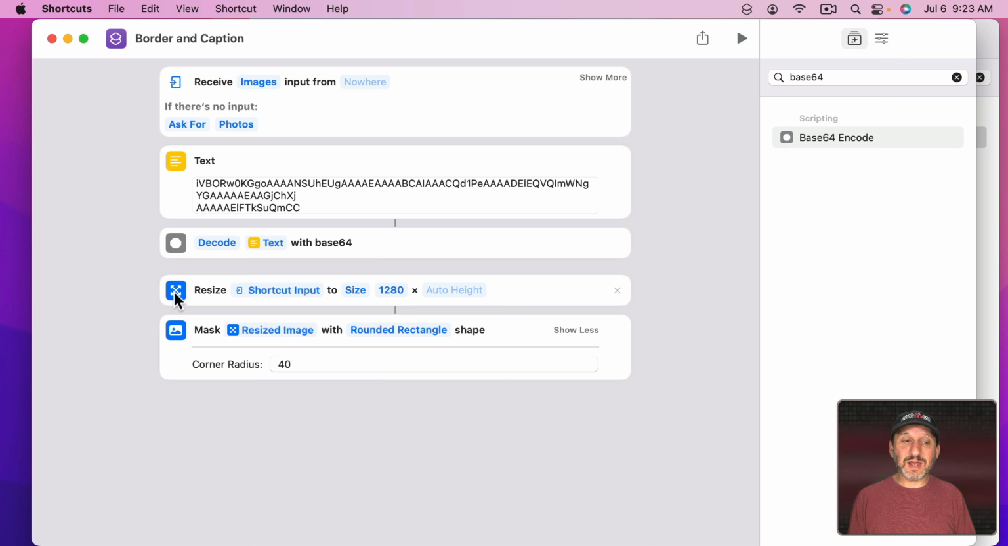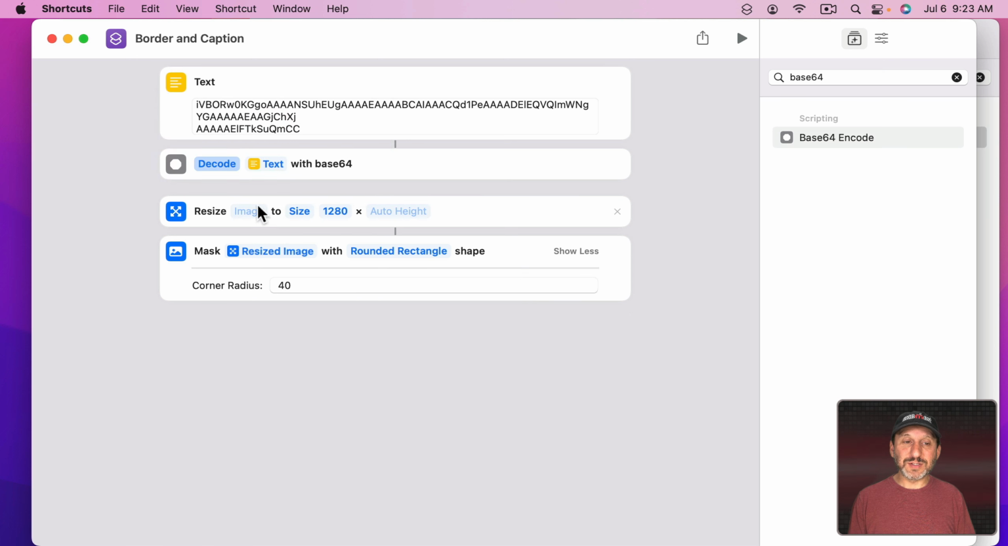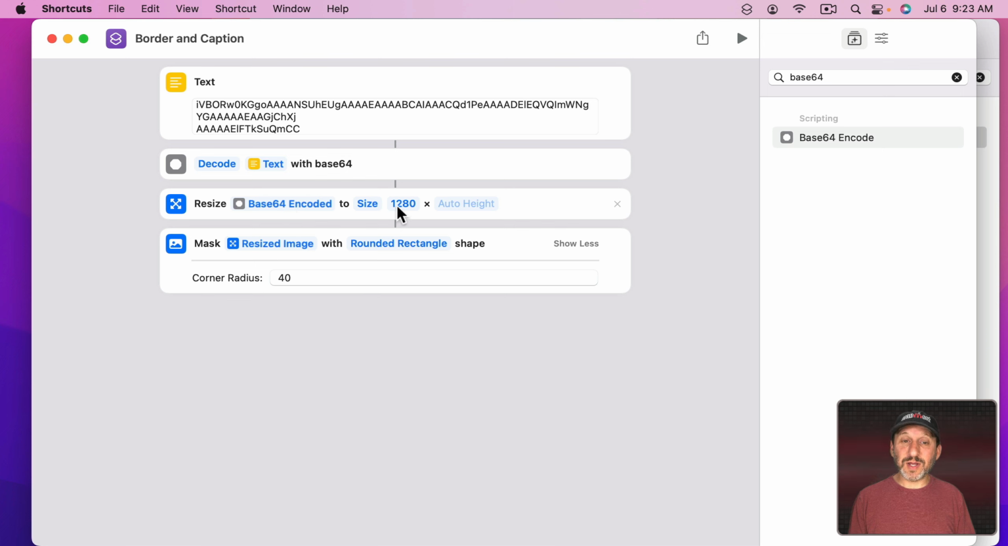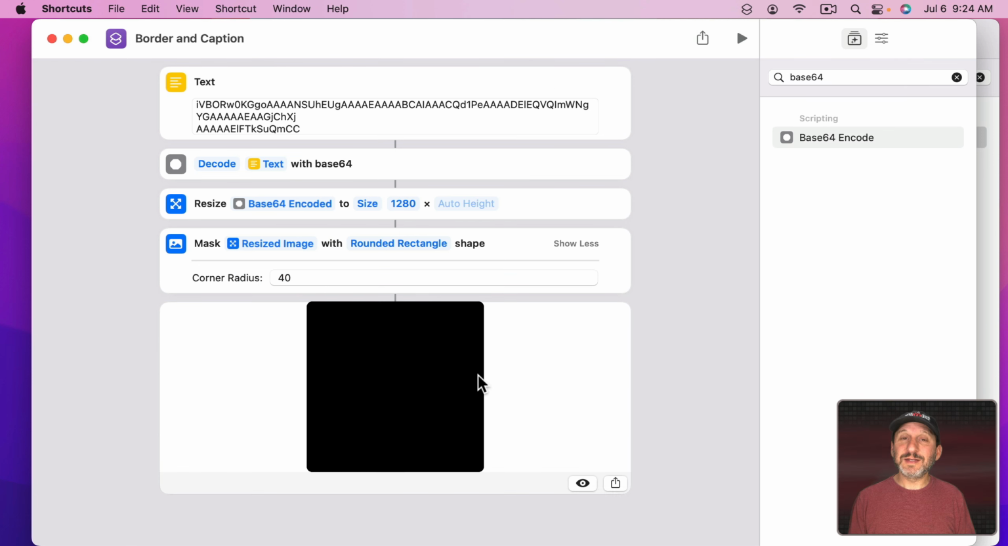So for instance, if instead of resizing the shortcut input, I were to go into here, clear that out, and resize the result of the base64 decoding, make that 1280 by auto height, which since it's the 1 pixel by 1 pixel square, it would be 1280 by 1280, and mask that with a 40 corner radius image. What I get now is that. I've taken that 1 pixel, expanded it to 1280 by 1280, and rounded the corners. So what I want to do is do both of those things. I want to create an image from this 1 pixel that's a little bit bigger than the image taken from